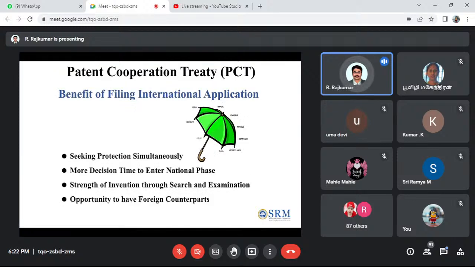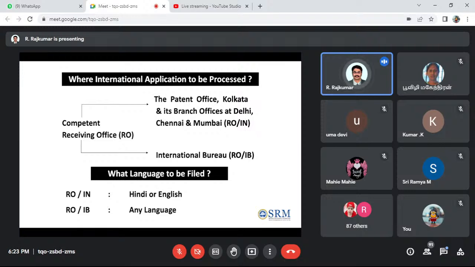So if you use the PCT, that will be useful for China, Brazil, Canada, Germany, Japan, USA, Netherlands, Denmark, France. So for these countries there is no need of directly visiting and doing the patent. Because if you file the PCT application in the patent office itself, that will be directly enabled in all these countries.